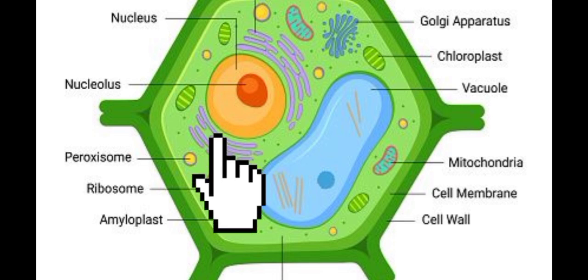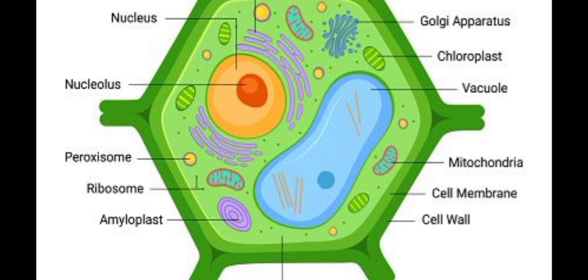But remember one thing, any substance that is present at the center of the cell, we call it the nucleus. But when we study plant cells, there is a little bit of difference between the position of nucleus in plant cells and animal cells. In animal cells, it is present at the center, but in the case of plant cells,